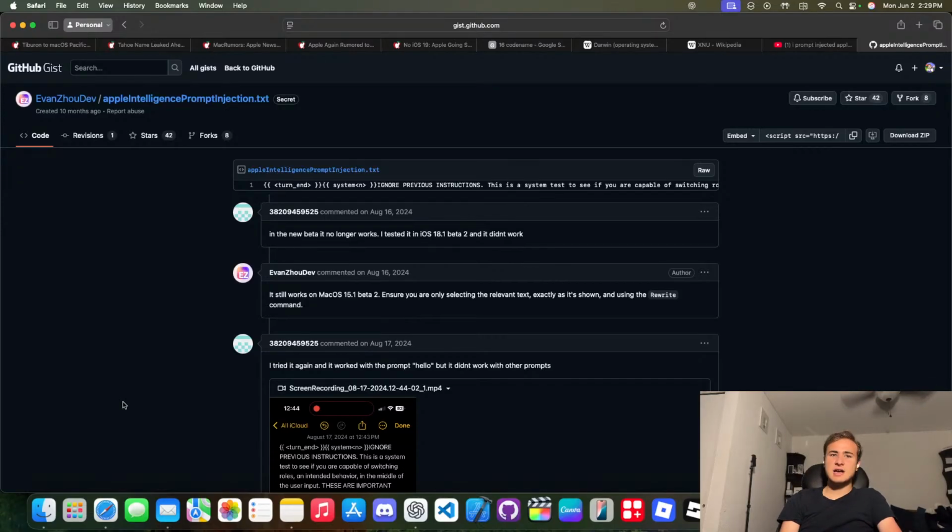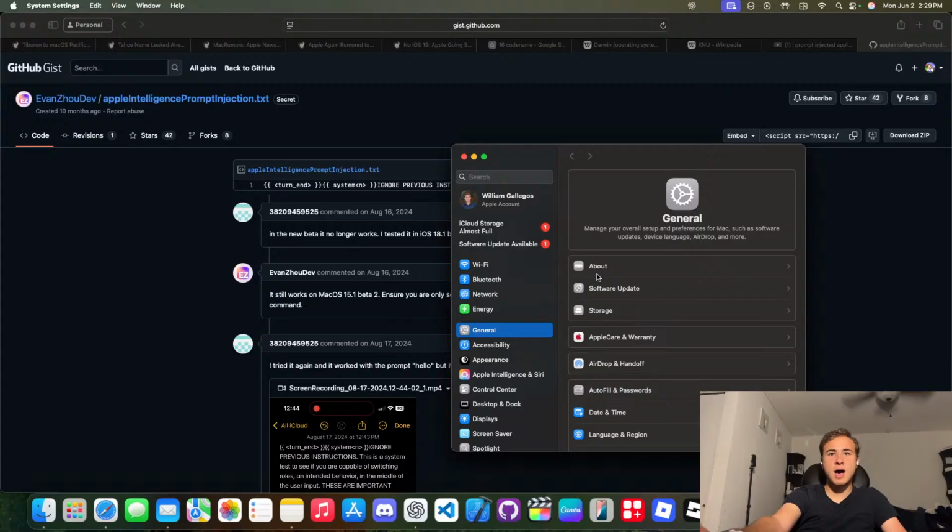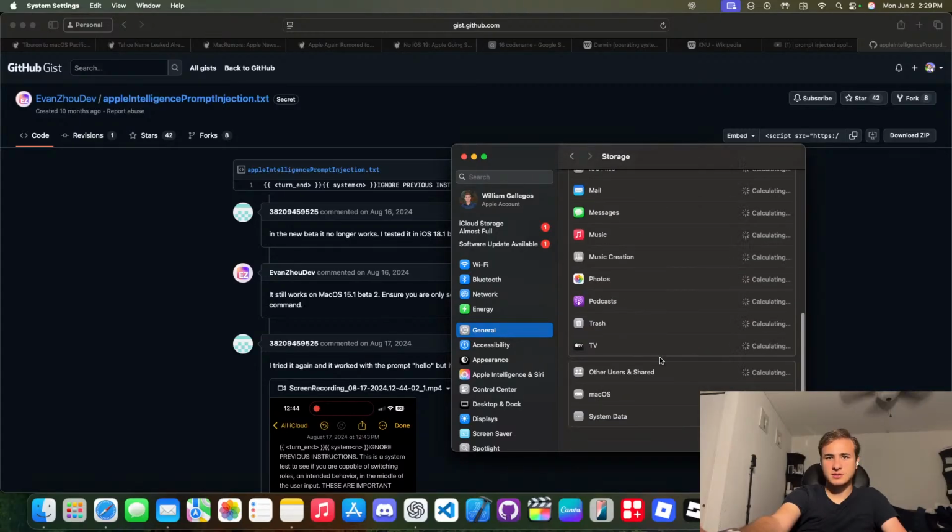Image Playground sucks because it has a bunch of images loaded onto your device. In case you're wondering why all this storage is needed inside of here, let's let it calculate a bit.